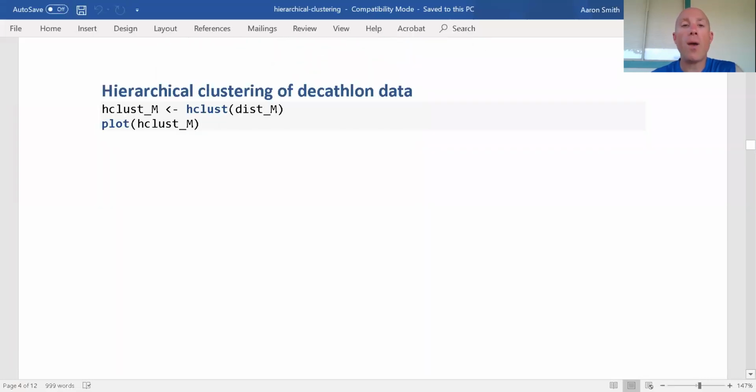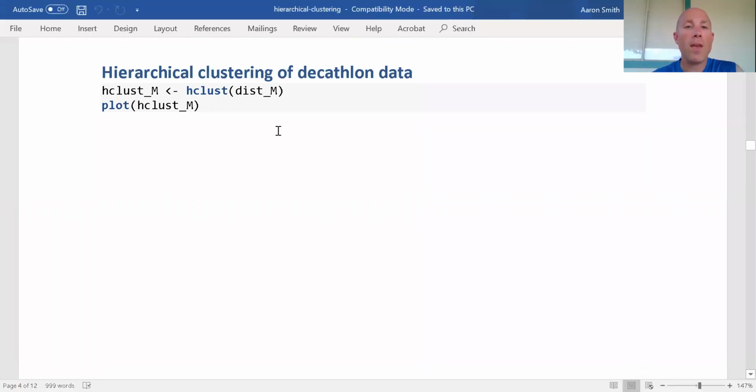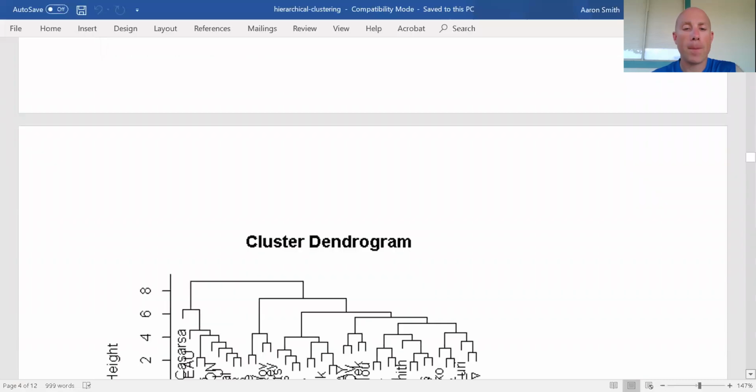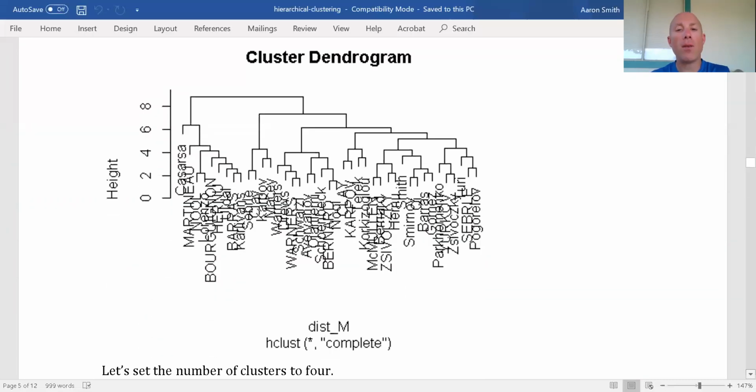All right, so now let's do actual hierarchical clustering. I just take my distance matrix, drop it into hierarchical clustering, and plot it. All right, now here is what the dendrogram looks like. Let's say that I want 2 clusters. I'm going to go here, I slice along here,